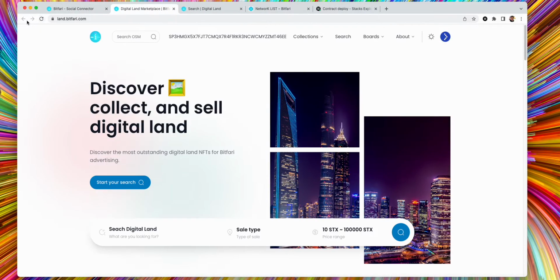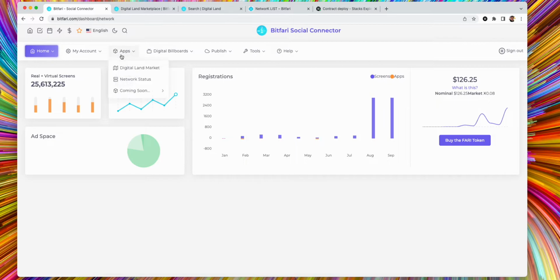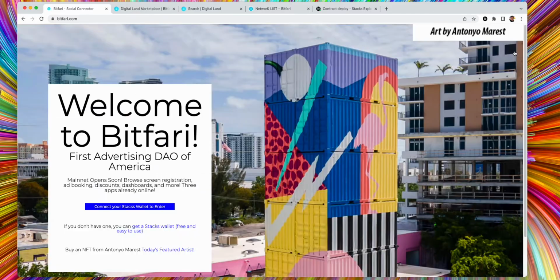If you have used the network status, that one is also working at 100% or close to 100%. And the dashboards and the accounts are also working pretty high. But let's just sign out and talk about the cover page network, okay? Now that you're familiar with the social connector,